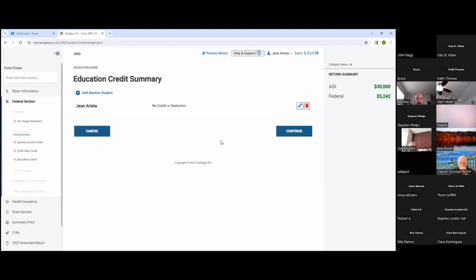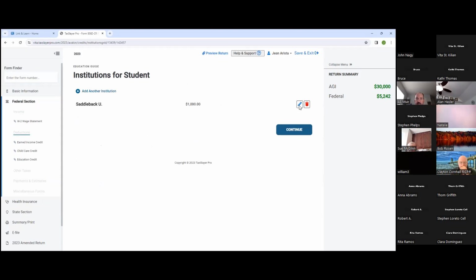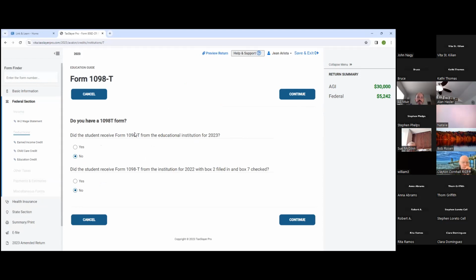Okay, let's go to our education credit summary. Open this up for our taxpayer. If you went to Saddleback University, this is that 1098-T that we talked about. This will be the document that'll be issued to the taxpayer by the school. So in this case, she got a 1098-T. And typically the 1098-T is going to show the tuition that was billed to the taxpayer and then any scholarships that the taxpayer received. It also asks about the previous year. In this case, you'll ask that question. The answer is no, she did not receive that.